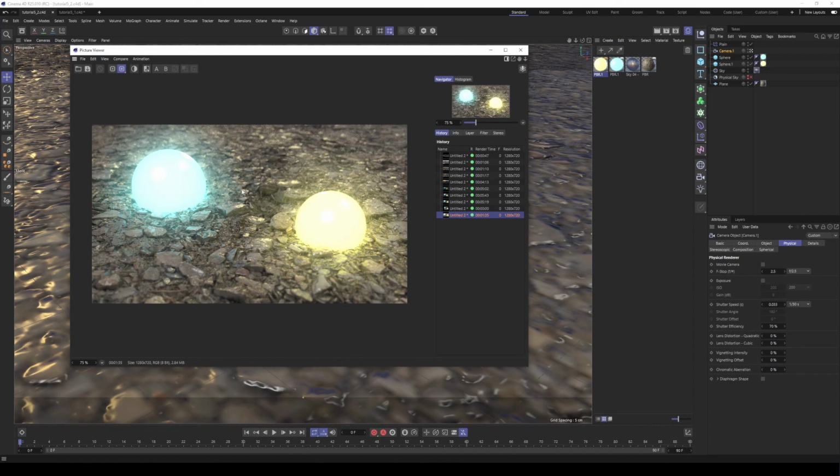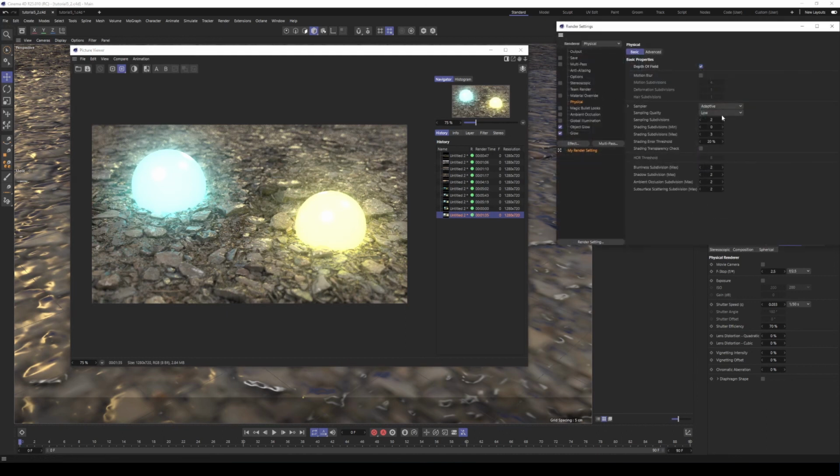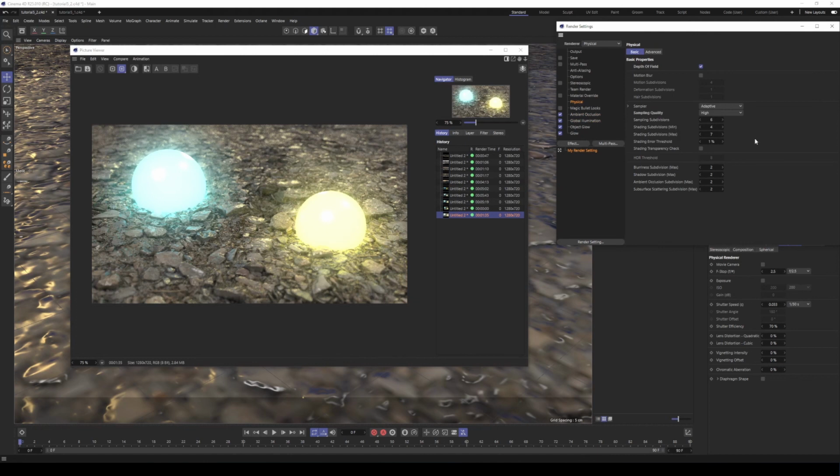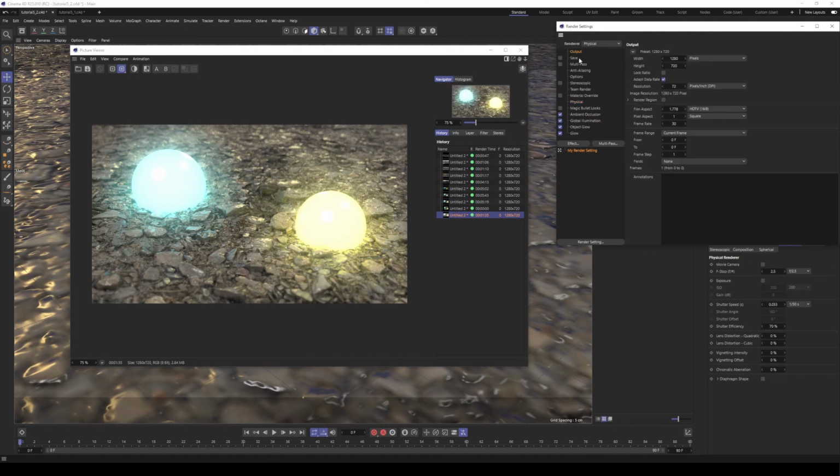So I think that the scene's ready to go, and I'm going to now up all my physical render settings. So instead of low quality, we're going to do high quality and see how that looks. We'll turn back these. I think these settings are fine. Maybe you could do high samples, but that's going to take a really long time. I think medium will be fine. And with high quality, these look good,